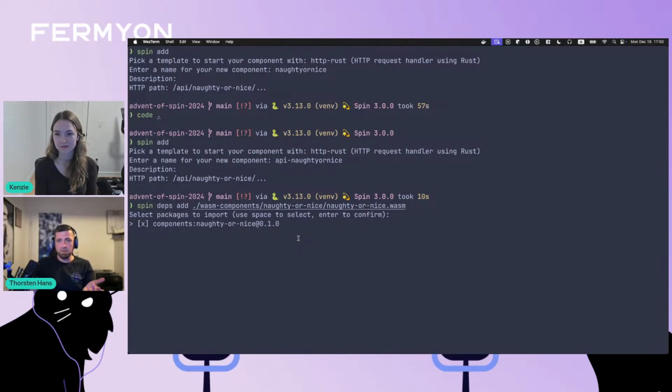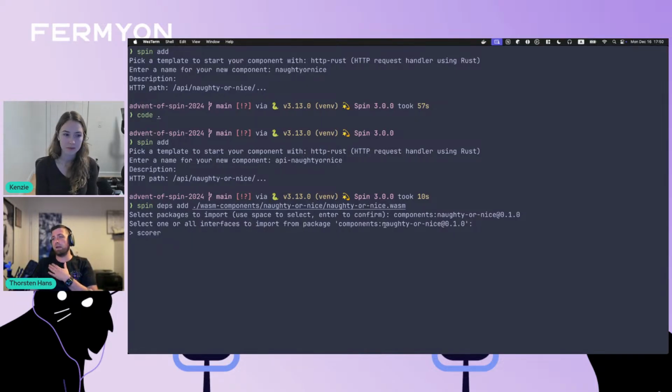So we select that, and then it says, hey, select one of all the interfaces to import from that particular package. Yes, we have a scorer interface that we want to import,